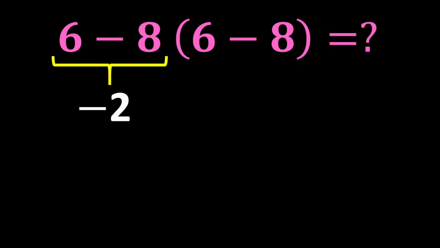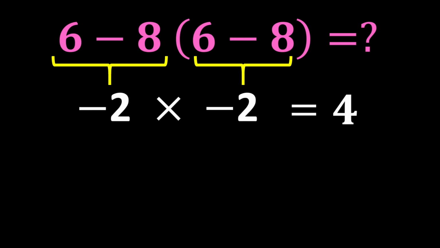6 minus 8 gives us negative 2. And again inside the parentheses, 6 minus 8 gives us negative 2. In the end, negative 2 multiplied by negative 2 gives us 4. But this answer is not correct because we did not follow one of the most important rules of mathematics called